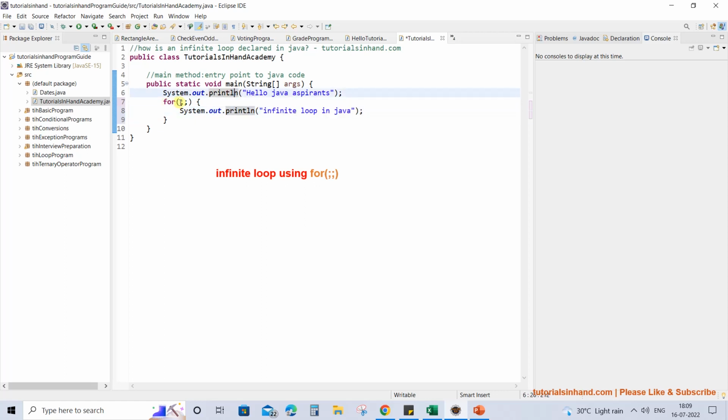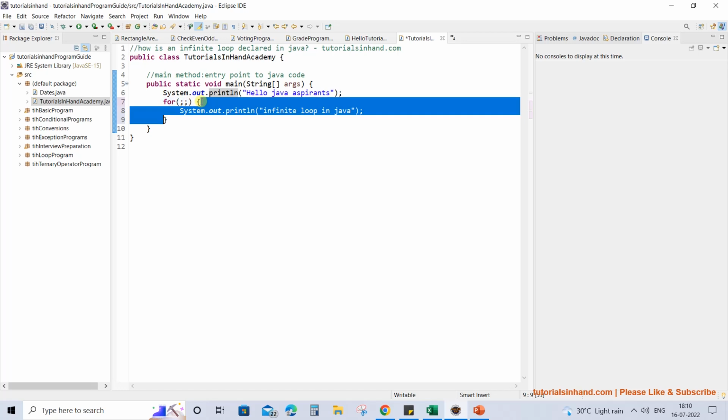What you have to do is, if you don't write anything within it, just give two semicolons that we have given over here. Generally you write int i = 0, and in the second one you write i less than some condition, and then in the third one you write i++. But here we are not giving any input at this place. Just give these two semicolons and then you will enter an infinite loop.